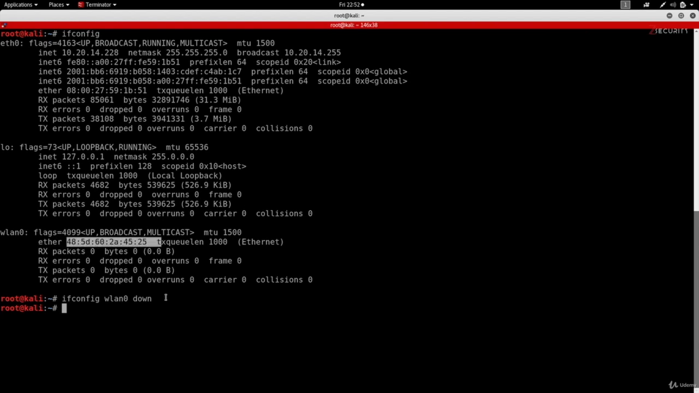So first we're gonna type ifconfig. We're gonna type the interface that we want to change one of its options. Then we're gonna type the option that we want to change. And what we want to change is the hardware address. So we're gonna do hw ether. Then we're gonna give it the address that we want to change the MAC address to. So for example, I'm gonna use